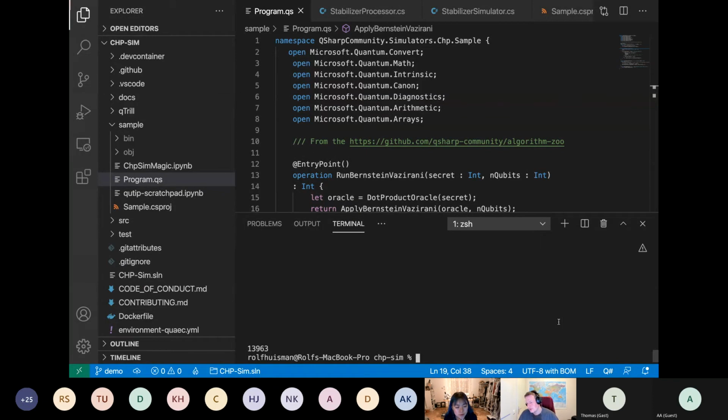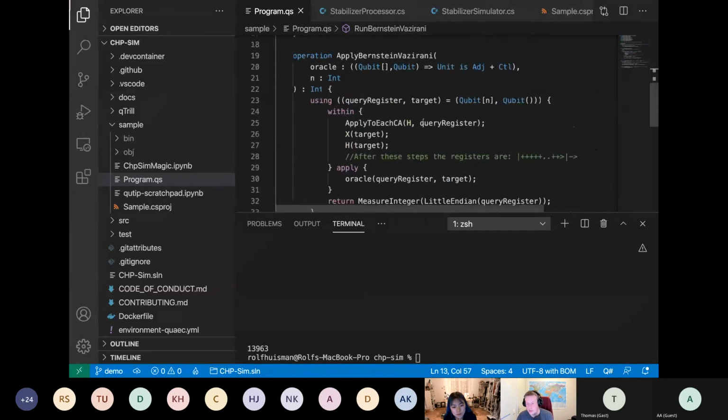Does this mean that the full state simulator is bad? No, definitely not. This simulator is specifically purposed for these kinds of simulations, which only make use of the Hadamard gate, the Pauli X gate, and essentially the phase and the CNOT. And that's why, for those specific use cases, if you plug it in, you're able to simulate much bigger